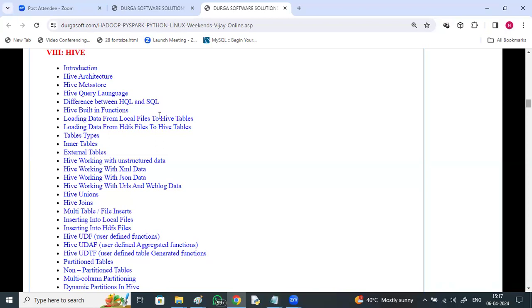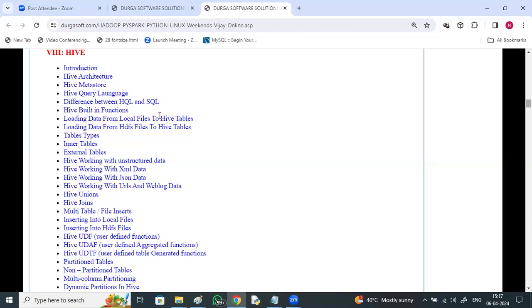Difference between HQL and SQL: SQL can process only structured data, but HQL can process semi-structured kinds of data, like even XML data, JSON data, URL web logs data, everything will be processed. And different types of tables, internal tables, external tables, difference between both internal and external, and